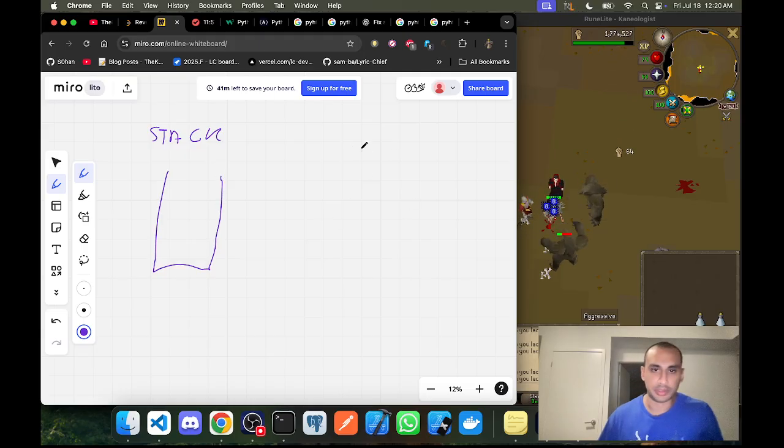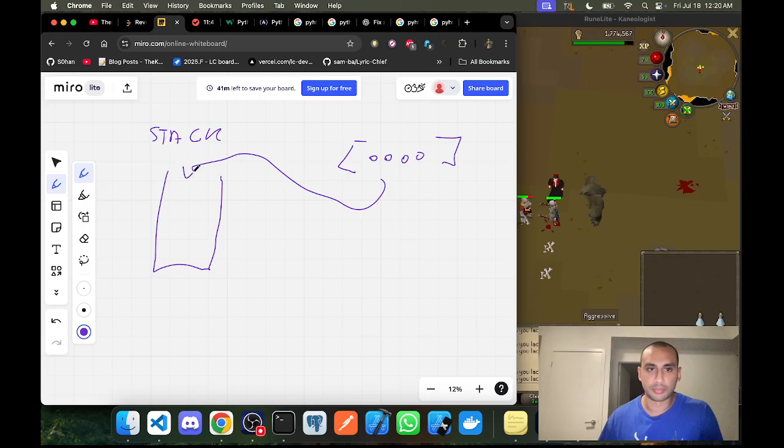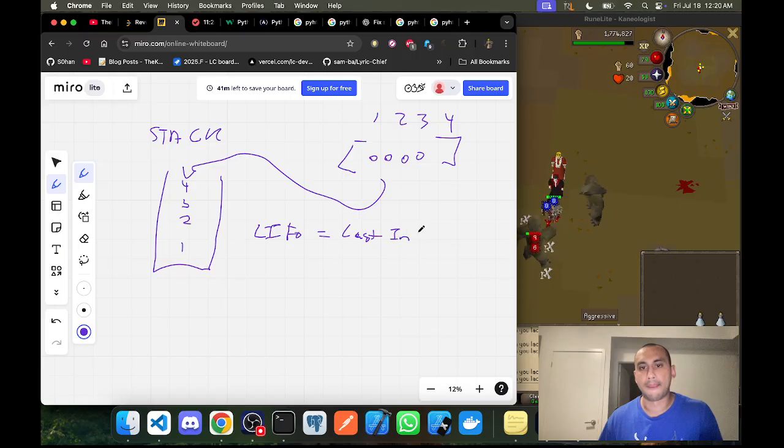So what we do is we just iterate through this array of stuff. We just pop it in the stack. So let's go 1, 2, 3, 4. All we have to do is, as we go through each one, it's going to go 1, 2, 3, 4. And since this is a LIFO object, last in, first